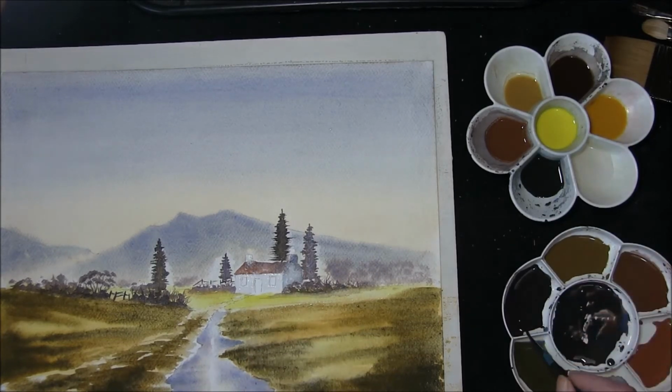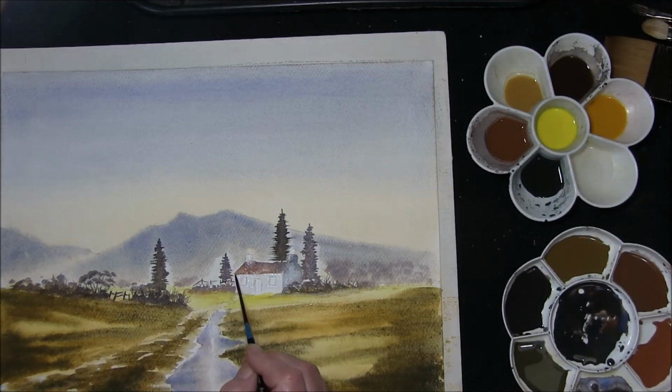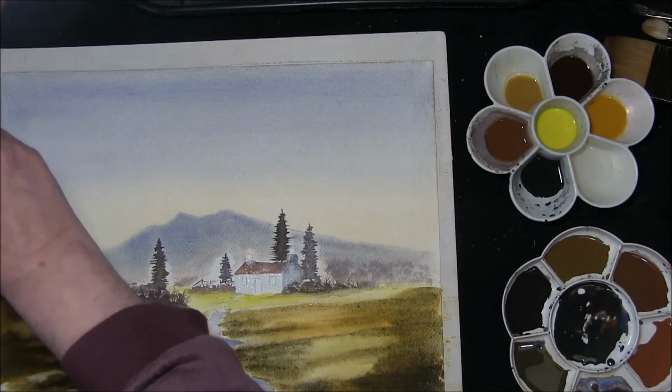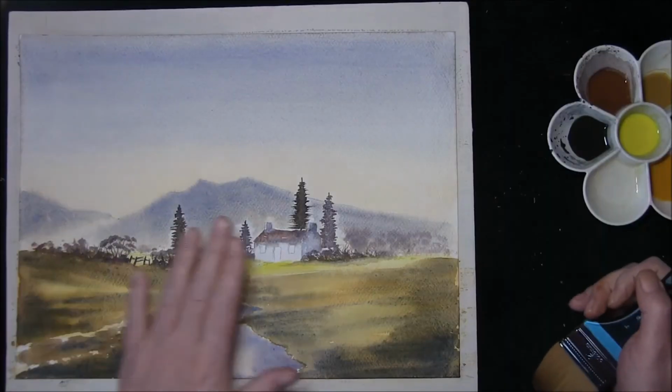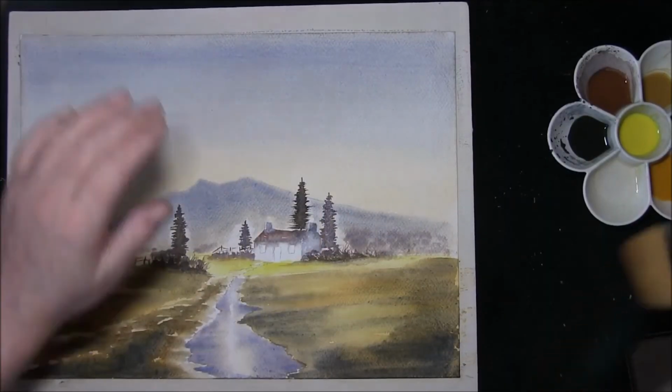Some burnt umber, French ultramarine, straight under the eave. Make sure there's not too much on the brush. Just softening everything in. Leave that to dry. Okay, now that all that is dry, I'm going to move back to the sky, because